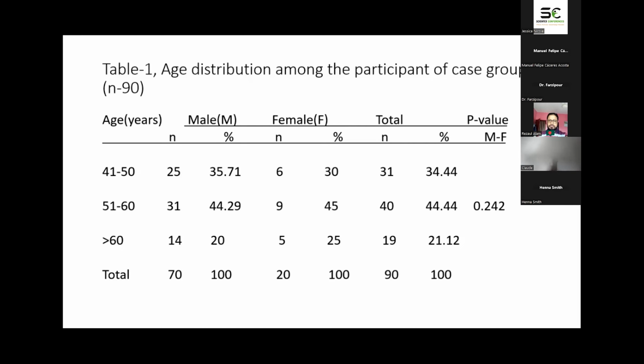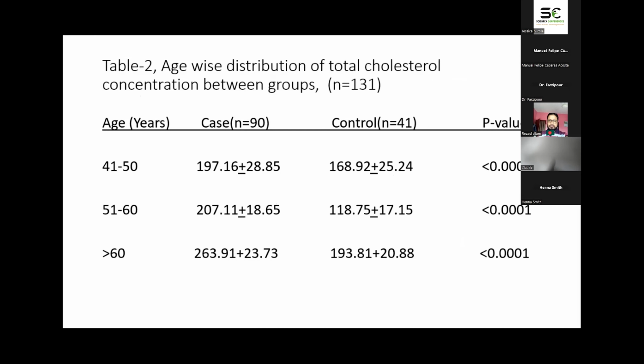The age distribution of total cholesterol concentration between the groups. Here we see the total cholesterol levels between the age of 41 to 50 years. In the case group it is 197, whereas in the control group it is 168, which is significant. The p-value is less than 0.001. Between the age group 51 to 60 years, the total cholesterol level in the case group is 207, whereas the control group 118. This is even significant because the